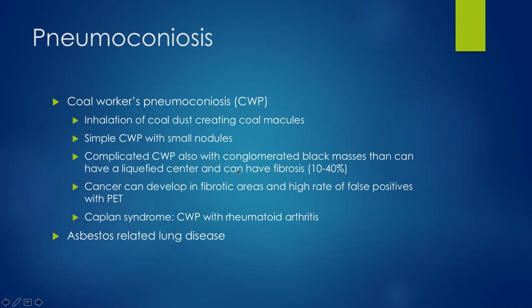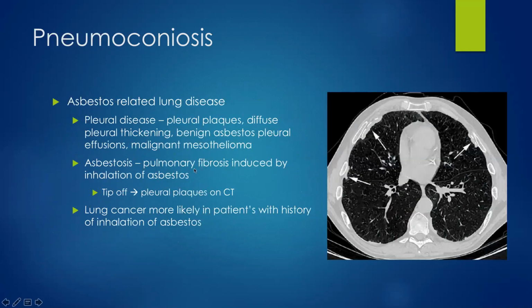Coal workers' pneumoconiosis. So if you head down to West Virginia, they see this all the time. It's the coal dust that causes kind of the same thing: these nodules that again can become big black masses. It looks like it can necrose over time. These patients are at a high risk of cancer. So coal workers: cancer, pneumoconiosis, tuberculosis. And then Caplan syndrome is coal workers' pneumoconiosis that also gets associated with rheumatoid arthritis. Just a stupid thing.